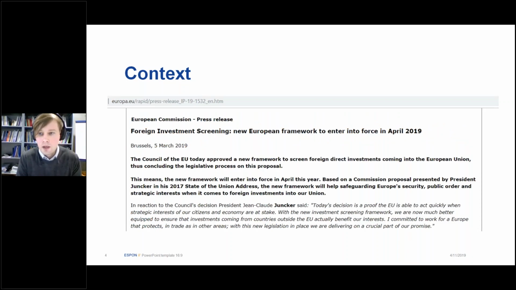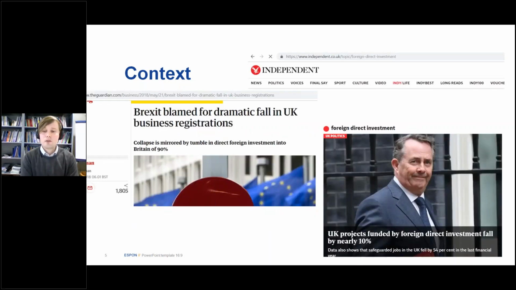You see quite a lot of discussions especially over increasing Chinese investments in different projects that are highly relevant for territorial development, major transport projects and such. And the European Commission has been working heavily on developing certain new frameworks to implement better screening on foreign direct investments. It has also been very relevant in the current Brexit debates, where due to the political instability, a lot